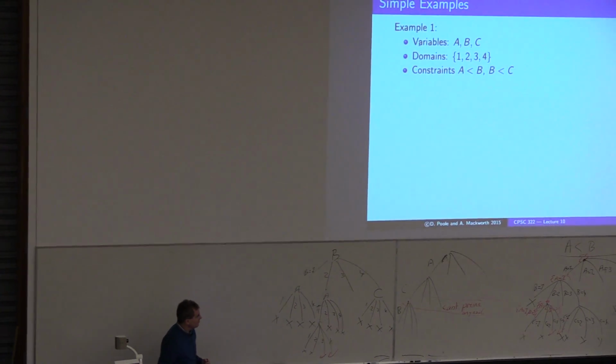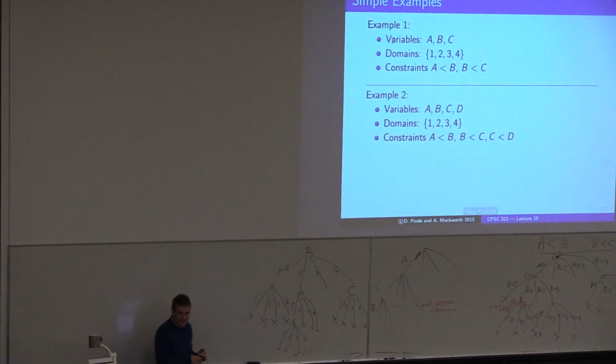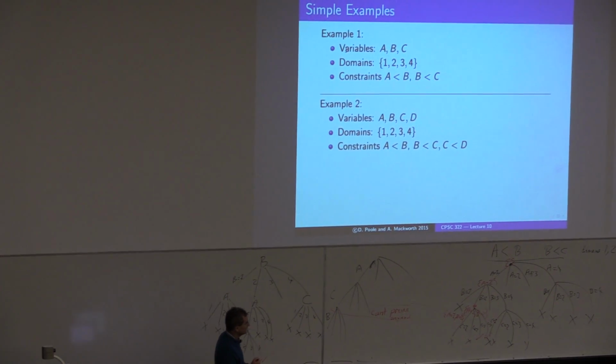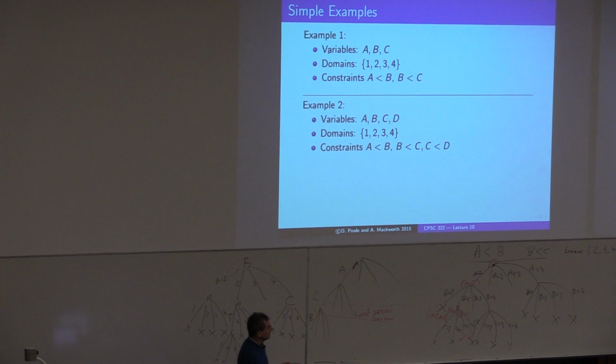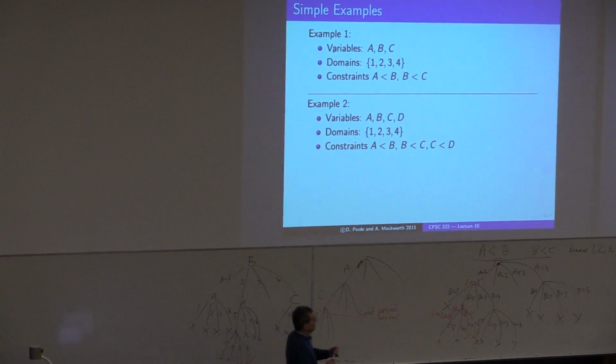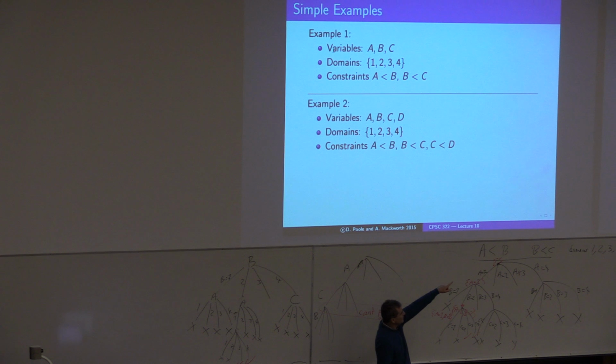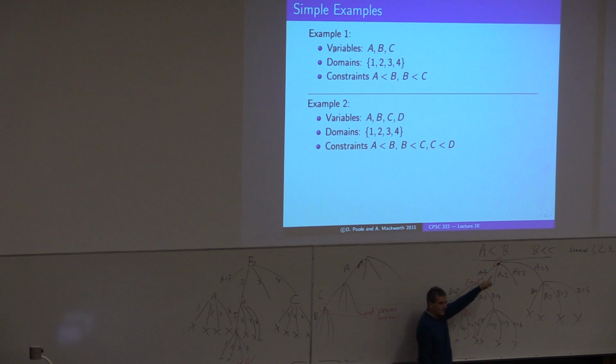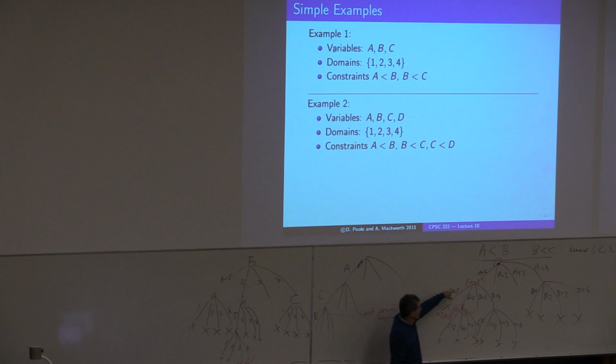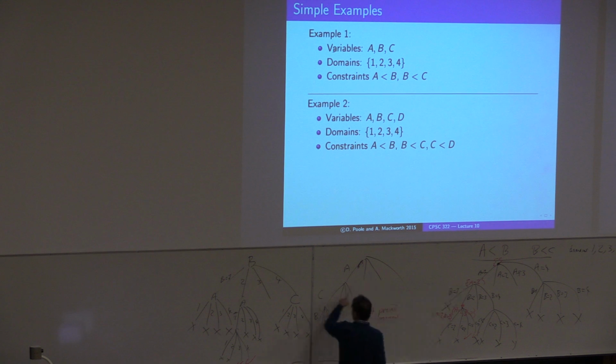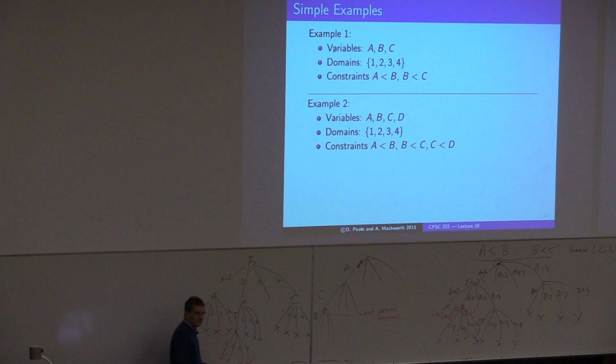So there's the first example we did. The second example we did has a few more variables. Once we get another variable, how many solutions are there for this? Yeah, there's one solution to this, right? But it's complicated for this algorithm to find that one solution, right? Because we might split on B first, then A, then C, then here we've got to split on D, right? So some of these are going to be inconsistent.